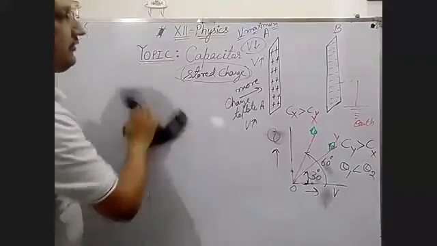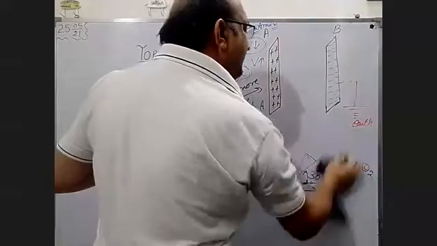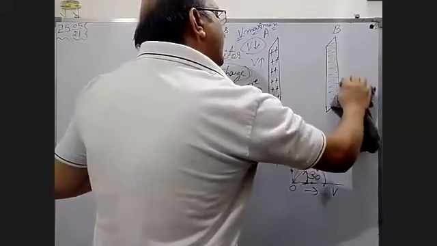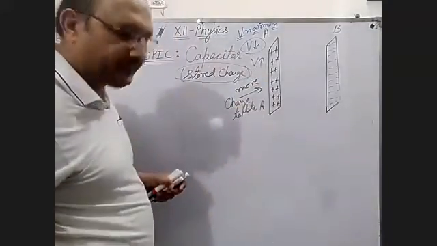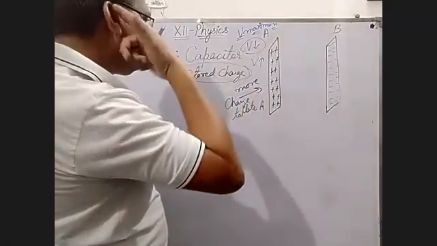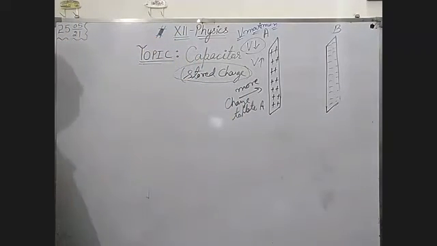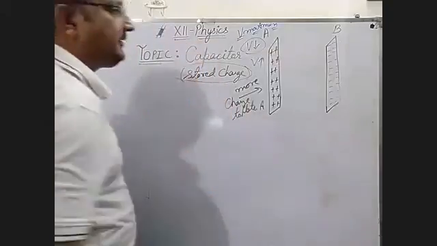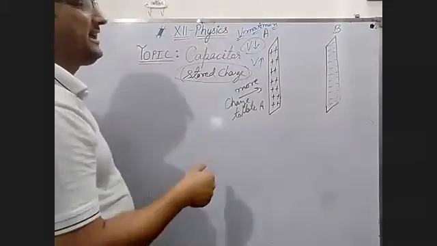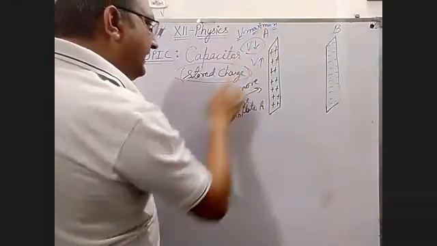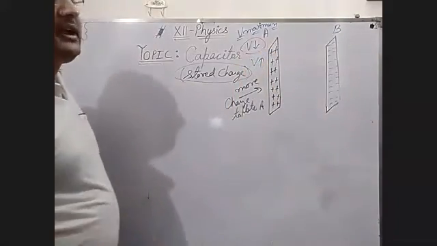Now, what is capacitor? Our topic is what is capacitor. Basic principle you know very well now, that one plate we have charged, we have charge on plate A, and another plate is uncharged, and the charge on B is being induced by this. Okay, and this negative charge approaches to decrease its potential again and again. But by giving the charge to plate A, we are increasing this potential every time.